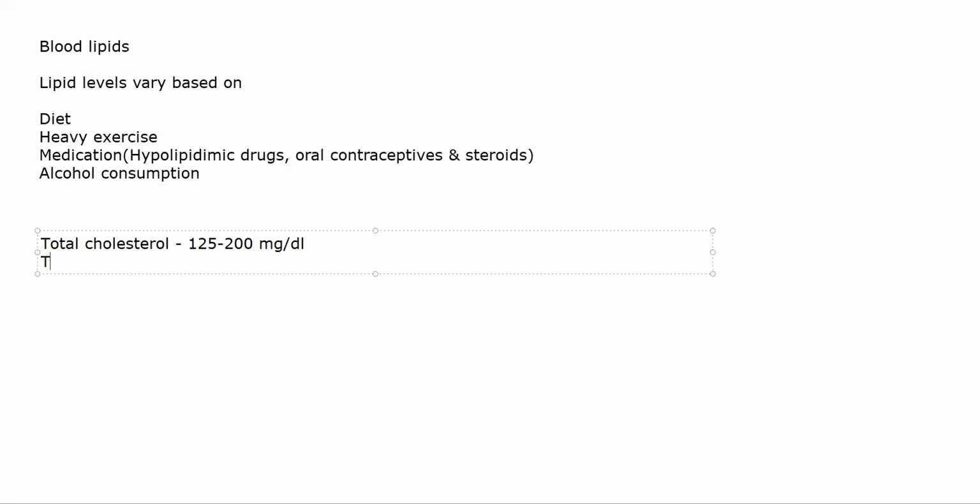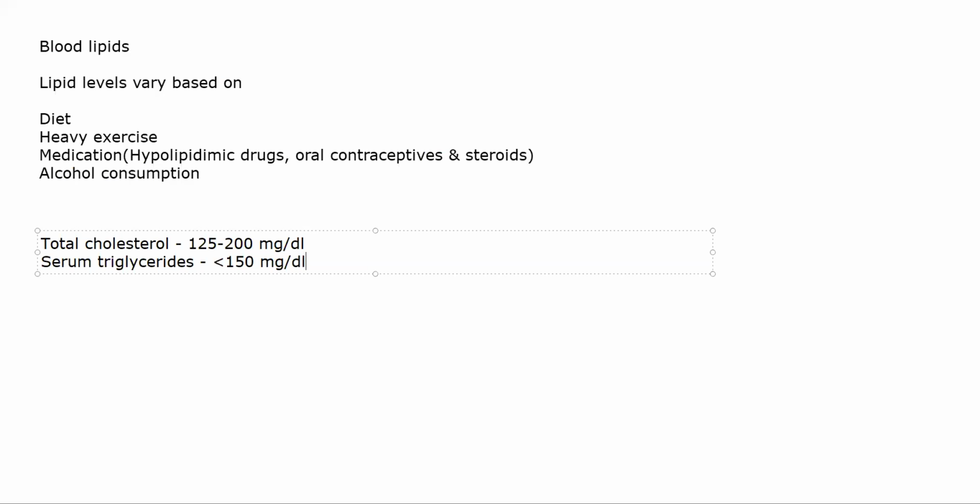Normal range for serum triglycerides should be anywhere less than 150 mg per dl. Okay, you will have borderline patients which are 150 to 199. If it is above 200, then it is high triglyceride levels. Okay, if it is very high, it will be very high. When it is above around 300, 400, it will be very high. Okay, if it is going towards the border of 500 triglycerides, that is when it is very, very high. All right, you can be sure that the patient definitely is suffering from some cardiovascular disorder in that case.